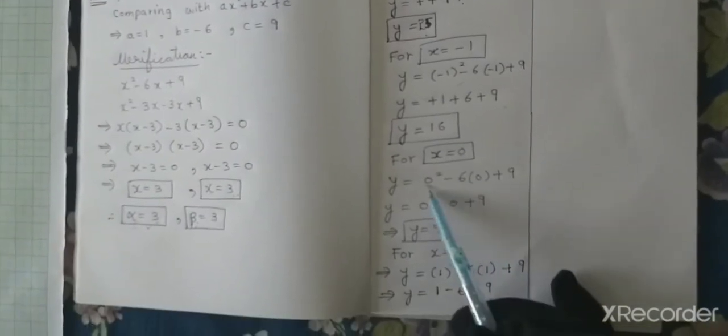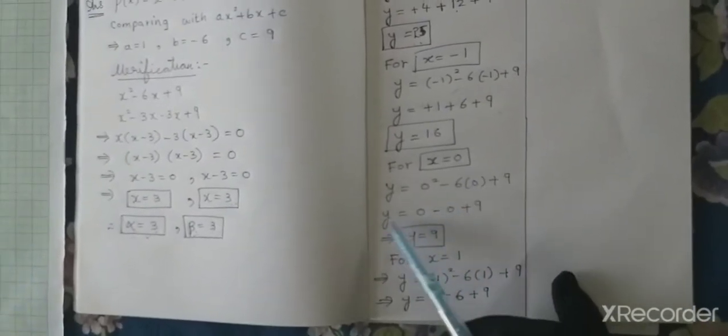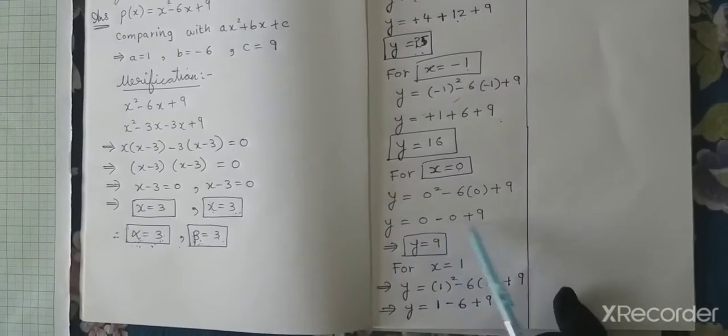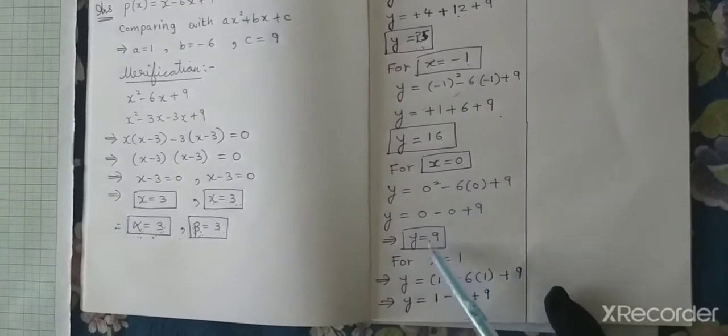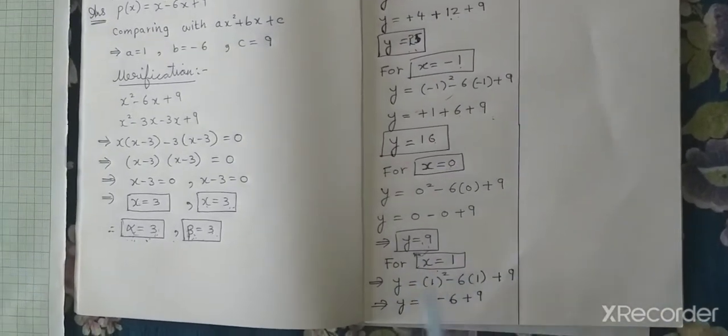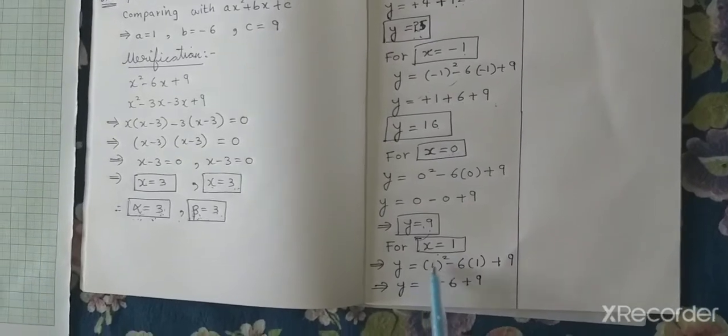So for x is equal to 0, y is equal to 0 squared minus 6 into 0 plus 9. These all I am substituting in place of x. So y is equal to 0 squared is 0, minus 6 zeros are 0, plus 9. 0 minus 0 is 0, 0 plus 9 is 9. So when x is 0, y is 9. Now we will take positive values. So for x is equal to 1, y is equal to, substitute 1 in place of x, 1 squared minus